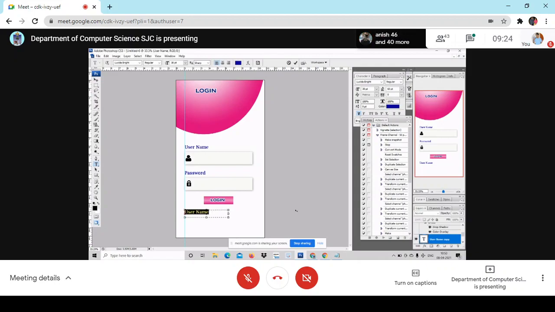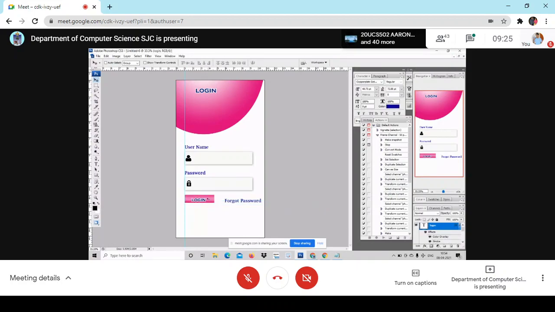You can even give forgot password. So forgot password. You can also keep it here. Forgot password. You can keep it here, or you can even keep it here. I just adjust this. After entering, and here the forgot password. Okay. I want to bring it down